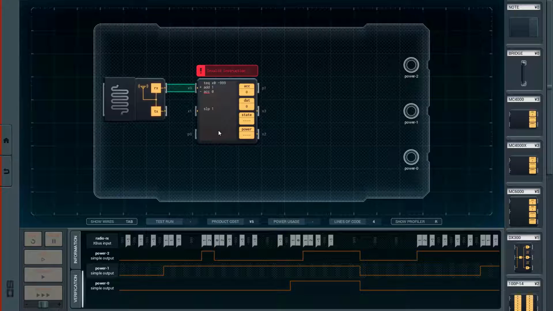And then, if I just turn this on its head, so if we don't receive a -999, then we're going to reset the accumulator to 0. Otherwise, we're going to add 1 to the accumulator because we're going to start our timer, and then we're going to jump to, I guess, check. And then in check